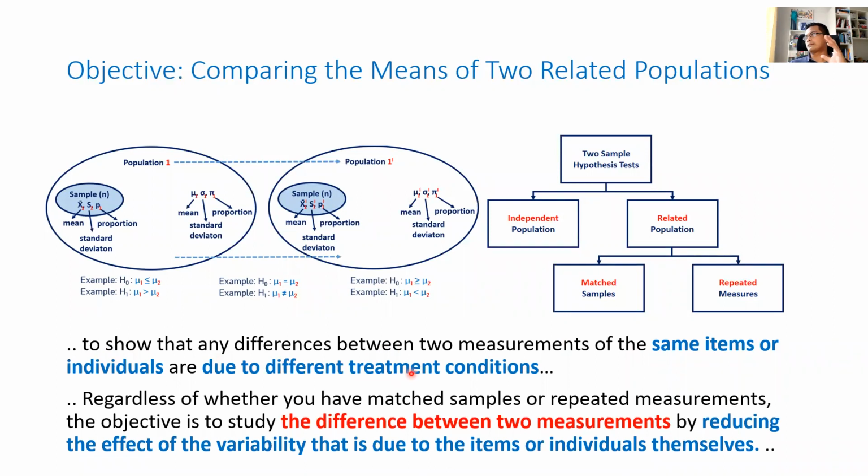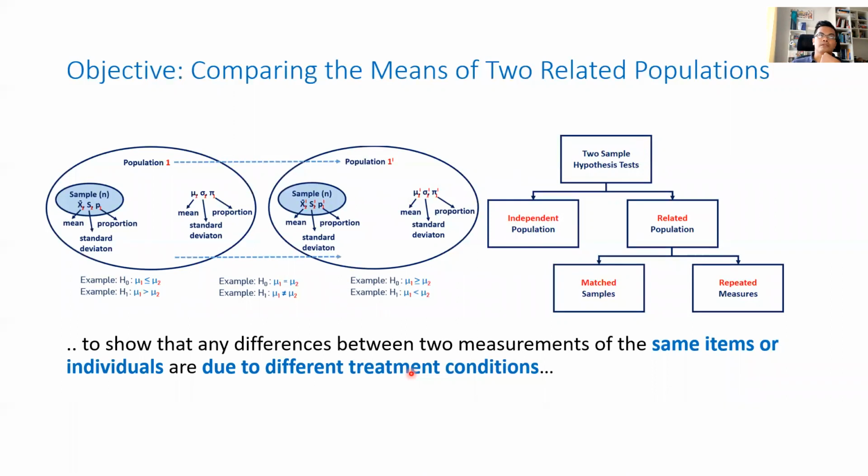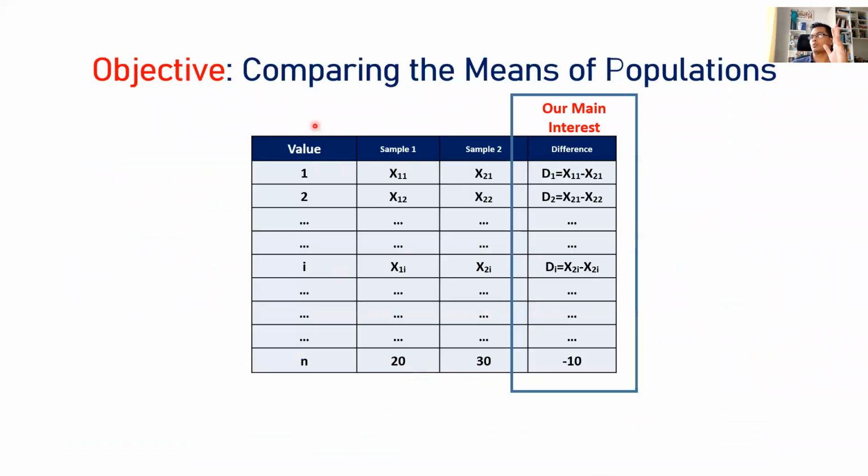Because the samples of both populations are related to the same identifier, either it's matched samples or repeated measures, the emphasis of the hypothesis testing procedure is more on the difference, the delta between population 1 and population 2. So in related populations, usually it's paired by similar characteristics or ID,